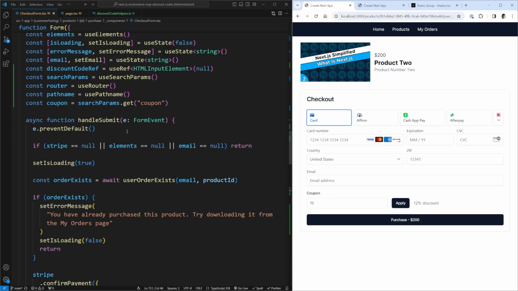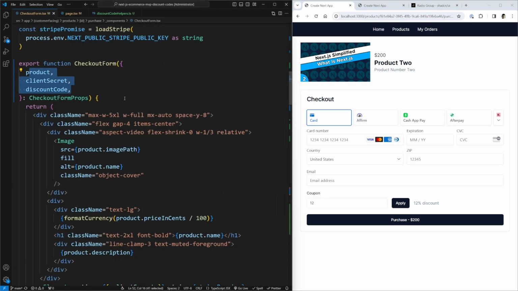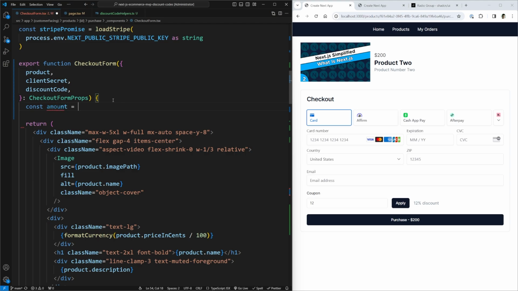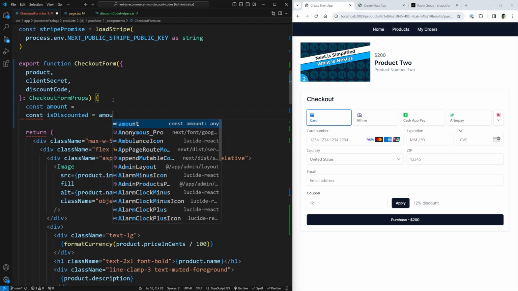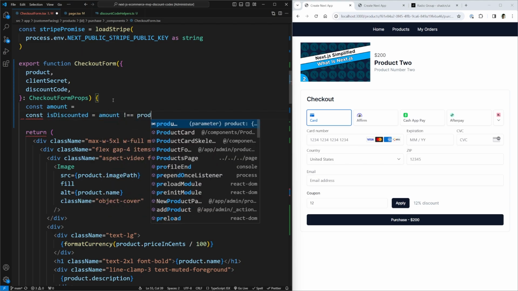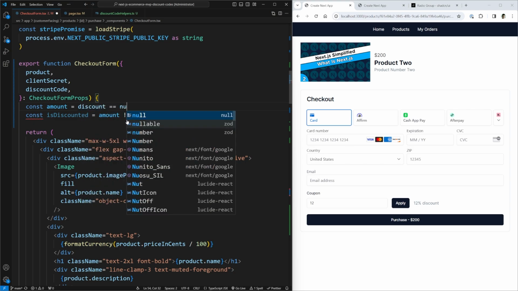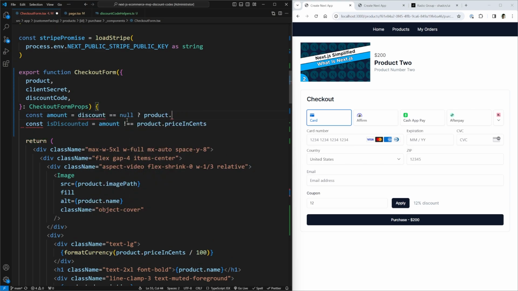So let's scroll all the way up to the very top of our page here, where we have all of our information for our product, discount code, and so on. And what I want to do is get information for the amount that this is going to cost us. And I also want to get information for if this is discounted or not. So this will just be if our amount is not equal to our product.priceInCents. And to get our amount, all we need to do is if our discountCode is equal to null, well then obviously we're just going to render out our product.priceInCents. Otherwise, what we're going to do is we're going to get our discounted amount,